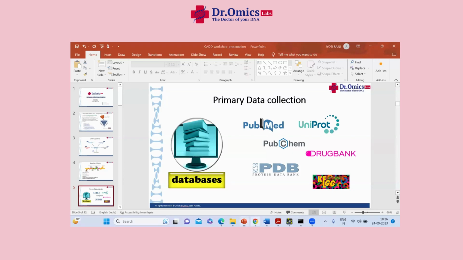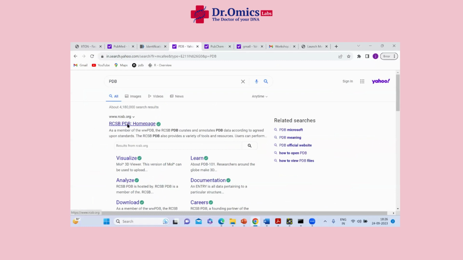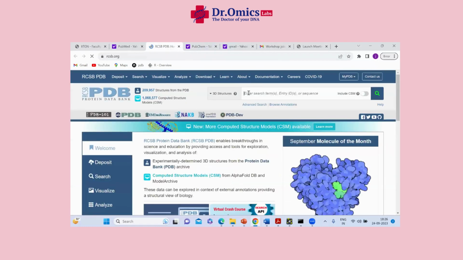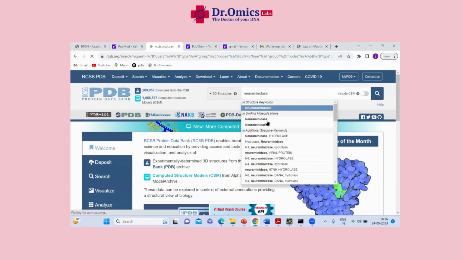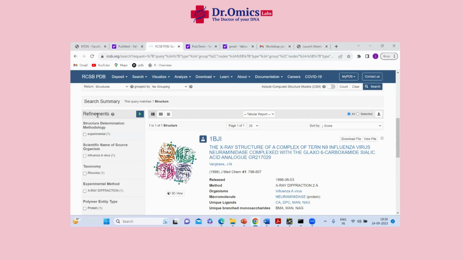So let's move to another database, that is the PDB. That is the homepage of the PDB. Here you have to enter whatever protein you want to look for. For example, I want neuraminidase, I will check. While checking the protein, you can type your protein, and here are the refinements